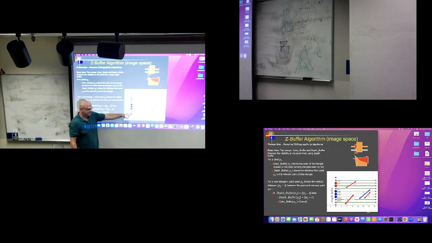Of course, different pixels have different answers about what the distance to the new guy is. But I'm not committing that the new guy has the same distance to all the pixels. It's not necessarily orthogonal to the image, to the rays. It's not necessarily parallel to the image plane. You see, these three pixels have different distances. We'll have to talk about how I compute these distances. And now, if the depth buffer of pixel 3, this guy, if the depth buffer is